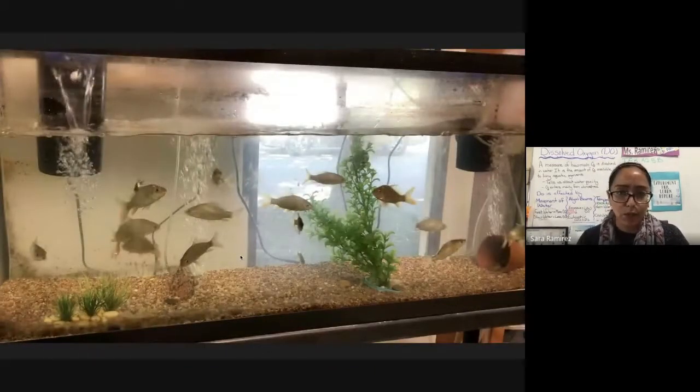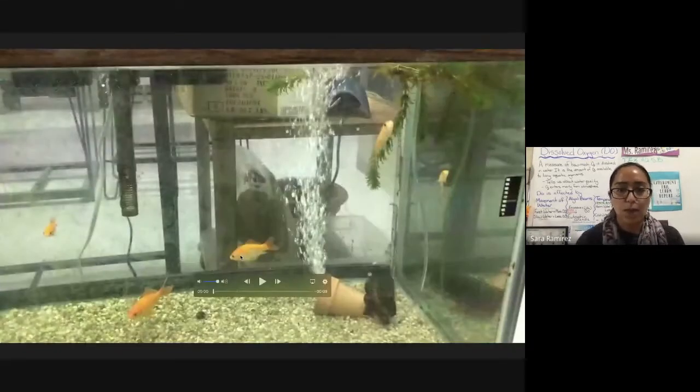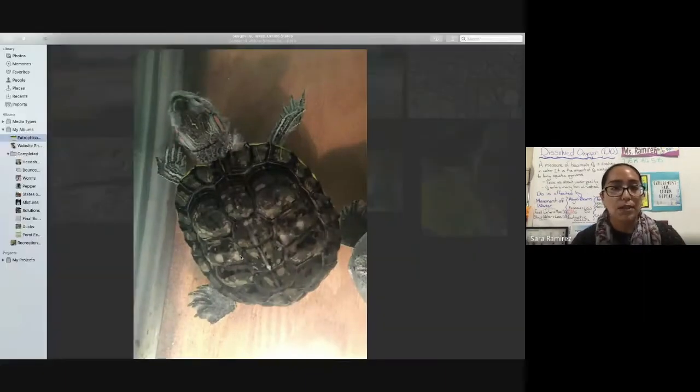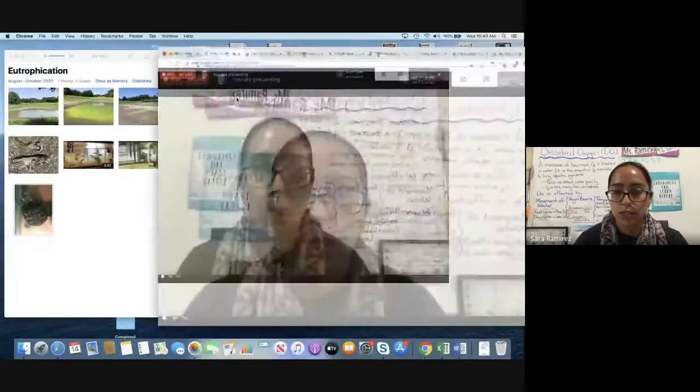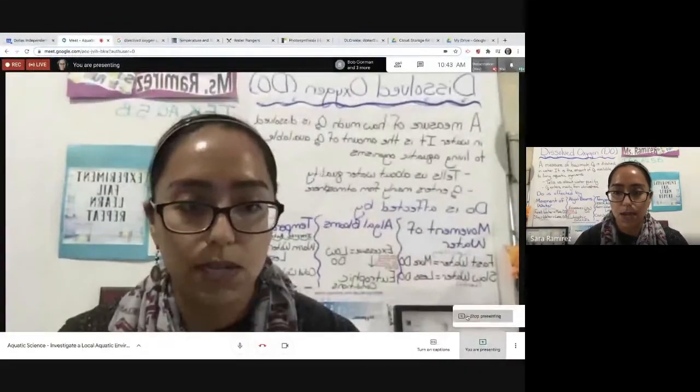Also, Ms. Nash was talking earlier a little bit about temperature and oxygen, and she showed us her lovely goldfish. Our aquatic organisms need oxygen as well to survive. So sometimes in fish tanks, you might see the little aeration systems with the filters and the bubbles. Those bubbles and aeration systems just help to incorporate more oxygen into those tanks, so that our aquatic organisms have oxygen to breathe as well. So those are just some examples of fish tanks that have those aeration systems or bubble systems. And then I'm gonna stop sharing our screen, and we're just gonna do a really quick review about dissolved